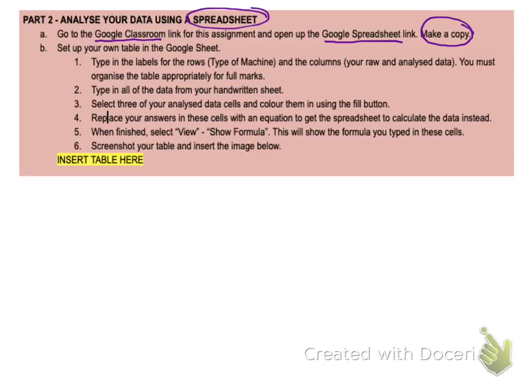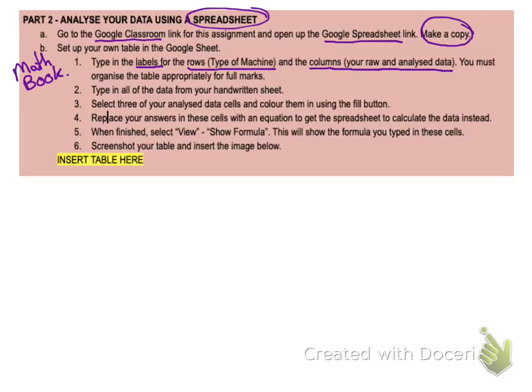First of all, look at your math book, because that's what you're going to use to put things into your spreadsheet. You need to first type up some labels in your spreadsheet. Okay, you're going to need a row for your machine, and you're going to need columns for all of your trials and all of the mean, mode, median, all of your analyzed data. Everyone has to have its own column. You need to show that you can try and organize this table really clearly so that you can communicate your findings to someone else. You're actually marked on how well you organize this sheet, so make sure you do that